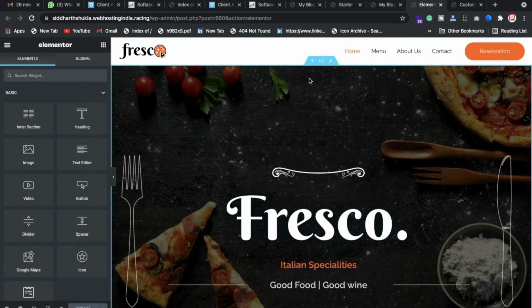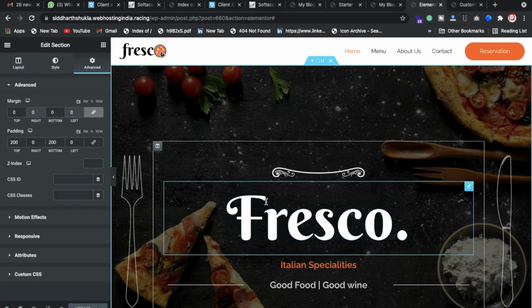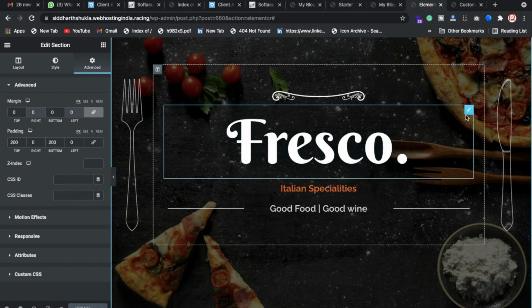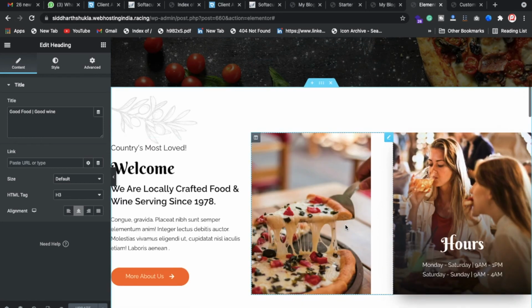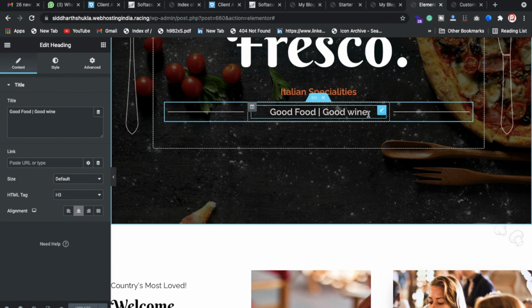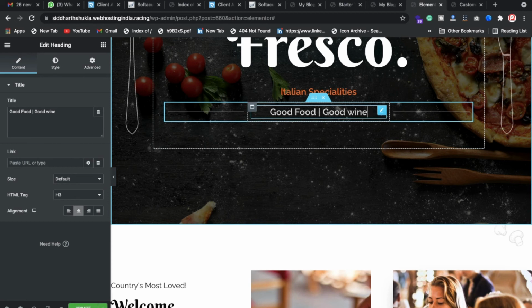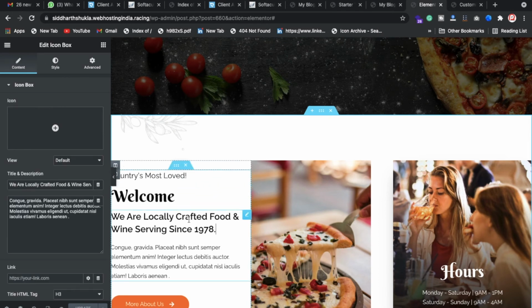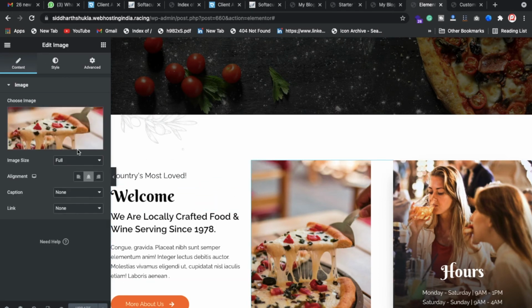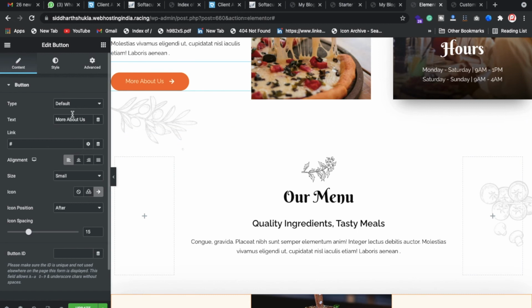Look here, suppose you need to change this text, click here, and of course you can change it from here. The same things you can change here, also from here. After changing any text, suppose I put here wines, you need to update here. Same thing. Look, going back, click on Update, and if you need to change something like the title, you can change it here, the description you can change, image units, so of course click on the image and you can change it from here. So this is the process to complete the website. Here is more text. If you want to link something particular, you can put it here.